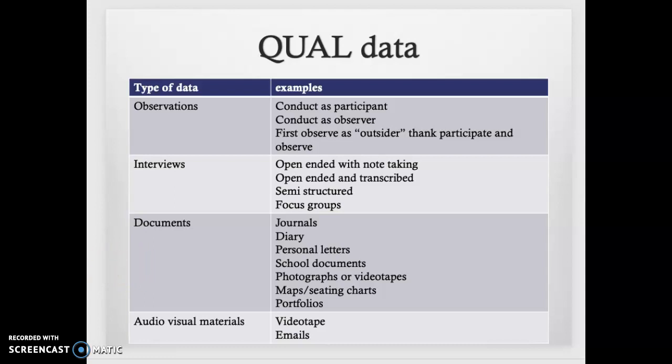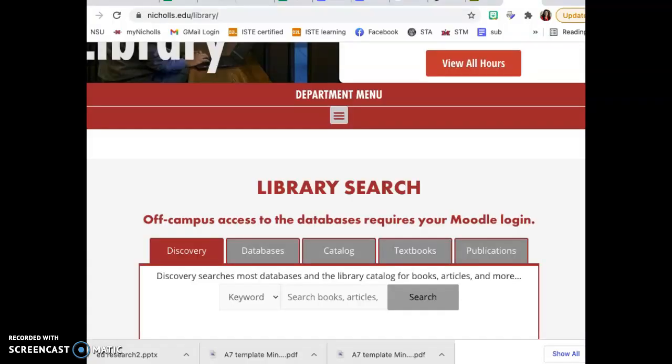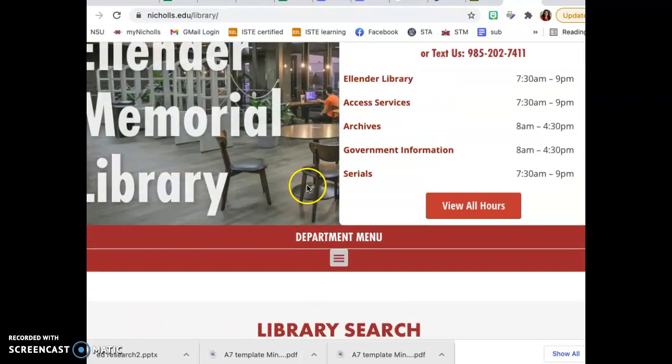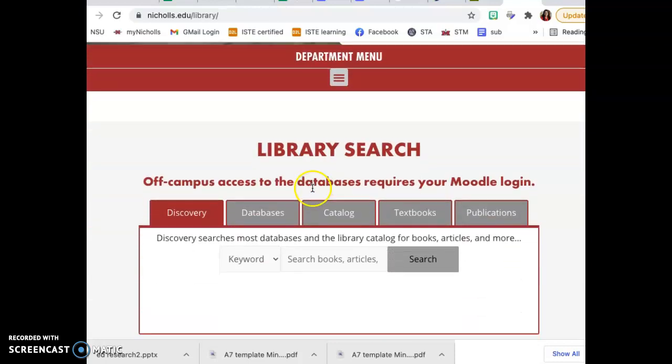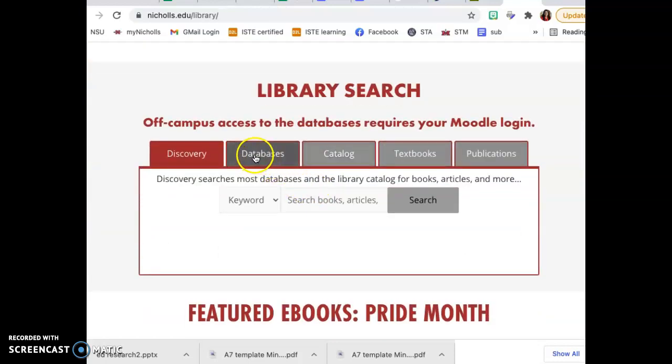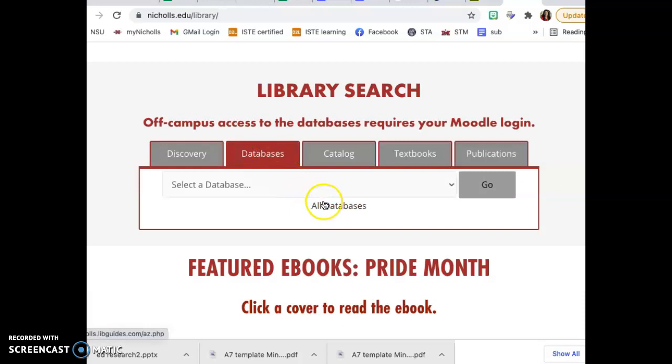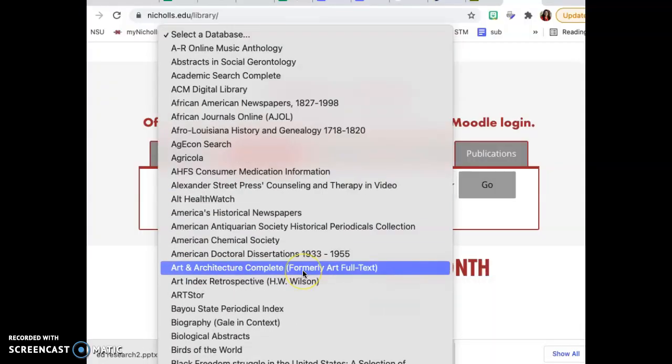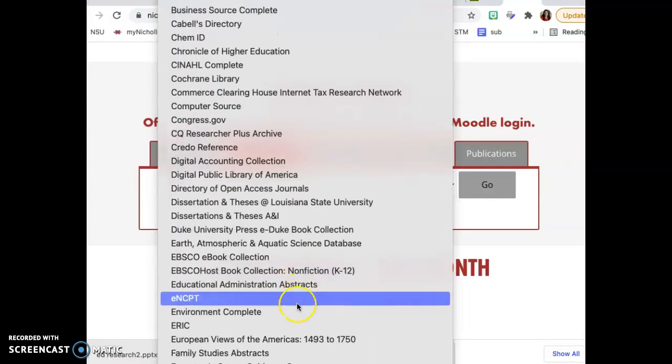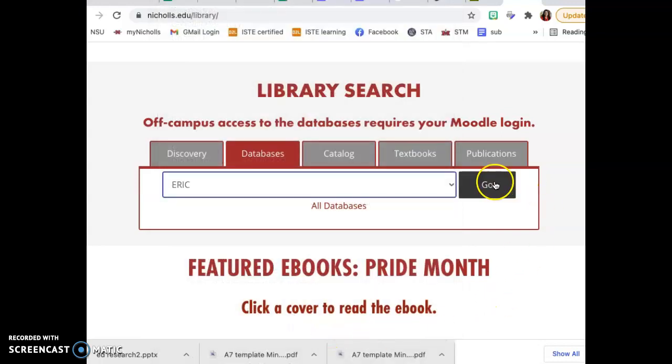And there was one more thing I wanted to show. Hang on, let me pull it up. I'll be right back. Last thing I wanted to share with you guys, or reshare with you guys, is how to find these types of articles. So right now I just went to nichols.edu, scrolled down and clicked on library. I'm now going to go to databases, and you can select multiple databases. ERIC is my go-to for